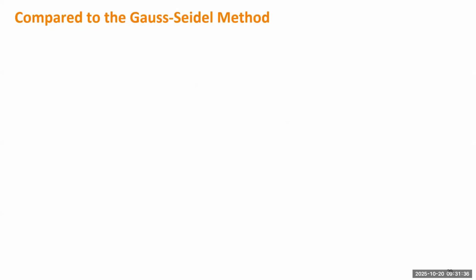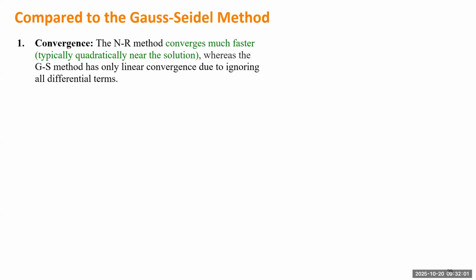So let's compare to the Gauss-Seidel method, and then maybe you can give a fairer judgment on which one is better, which one is your favorite method. In reality, you can just keep using the same method if you're pretty clear on how to utilize all the tricks of one method. Let's think about convergence. The Newton-Raphson method can converge much faster than the Gauss-Seidel method. So we call the Newton-Raphson method a method with